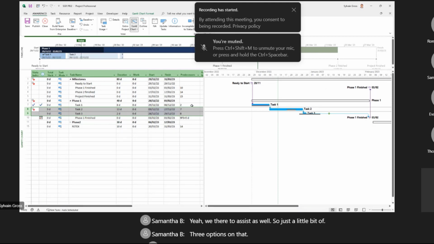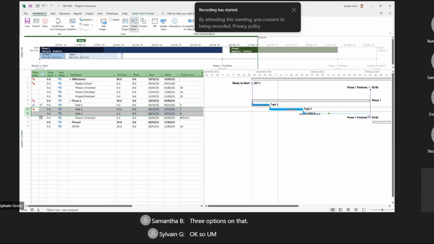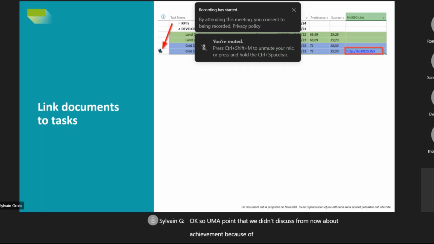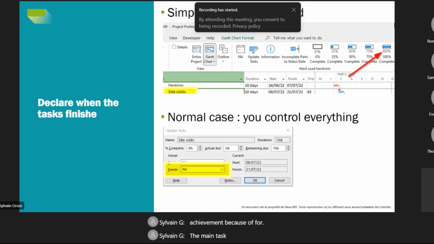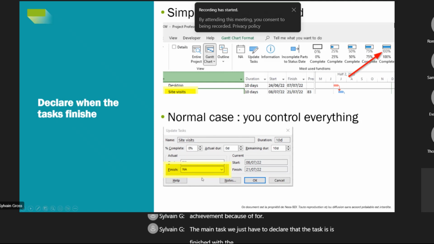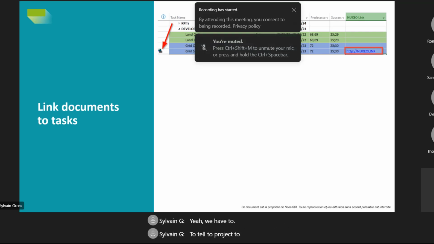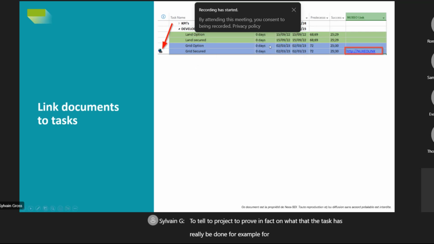Okay, so a point that we didn't discuss for now is about achievement. For the main task, we just have to declare that the task is finished with the actual start. But on some specific tasks, we have to tell Project to prove, in fact, that the task has really been done. For example, for all the pillars, it's not just a question of